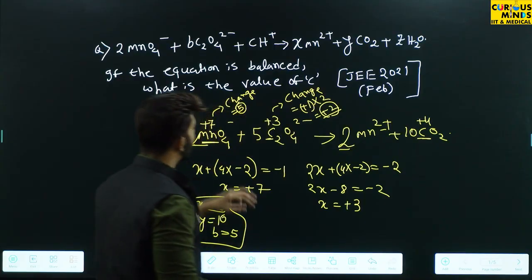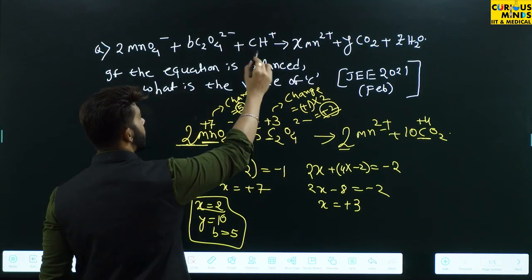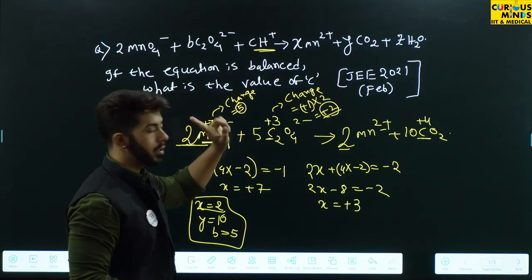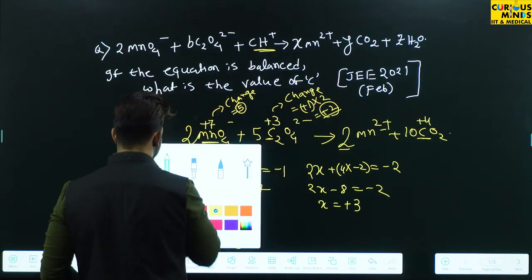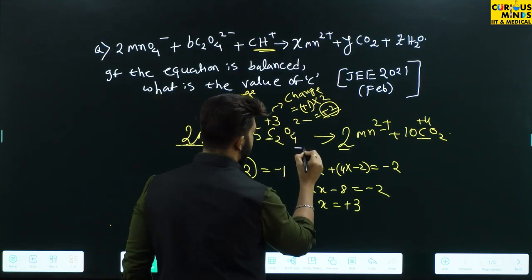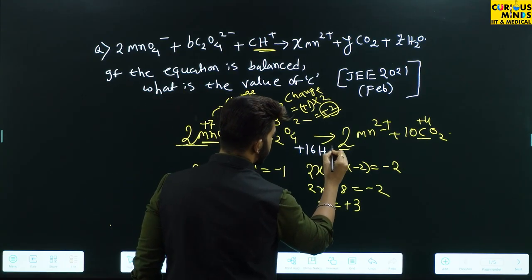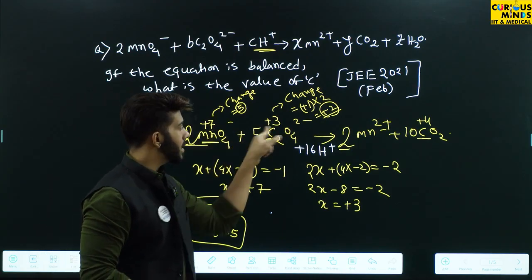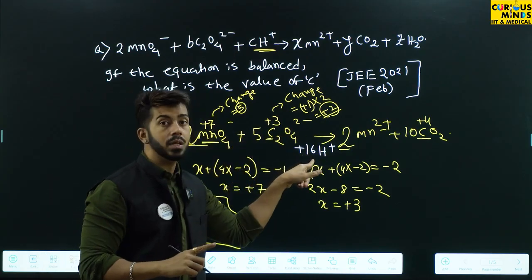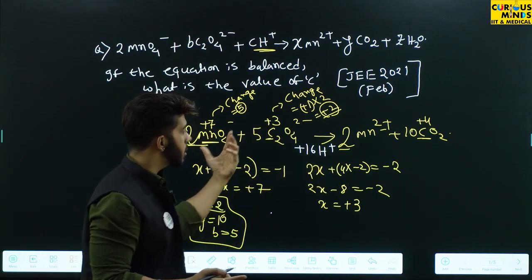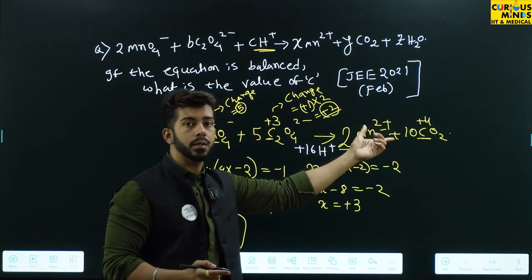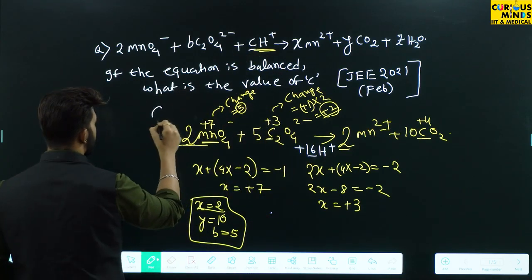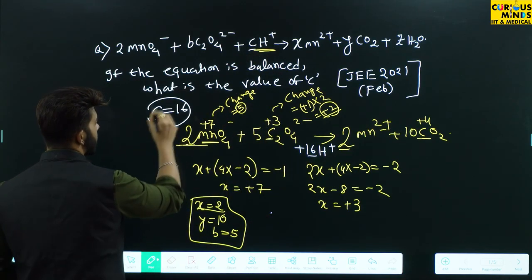Now just go back to the question and check out. It is hydrogen plus. Hydrogen, H plus ion, right? And C is given. So can I just write here as plus 16H plus. Now calculate the charge. 2 minus, minus 2, minus 10, minus 12, plus 16. It is plus 4. So you got this plus 4 as right hand side. So that means 16 is nothing but C. So you got your C, that is 16. So your answer is 16.